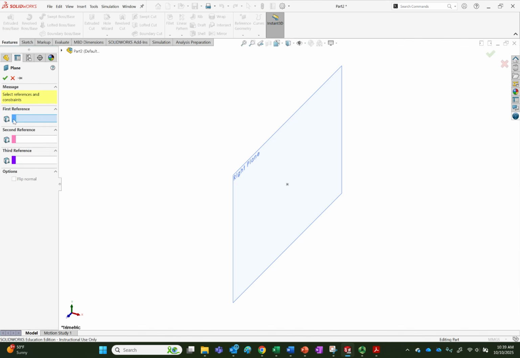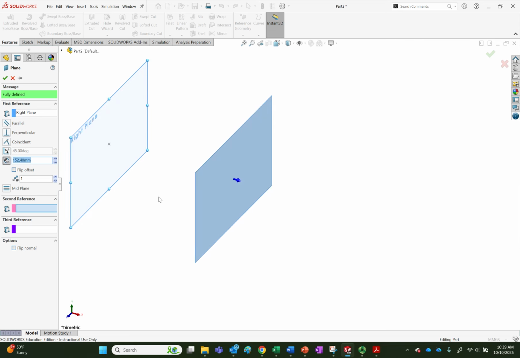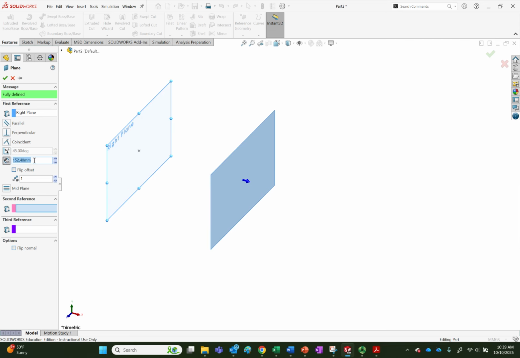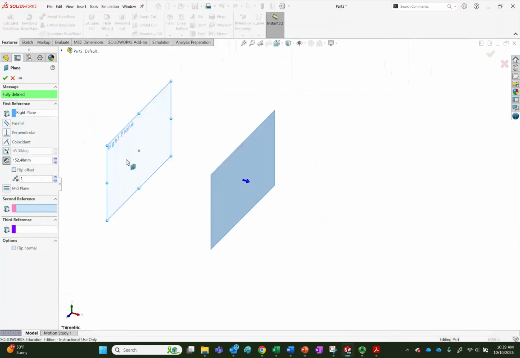All right, so we have a bunch of different methods to make a plane. I'm going to click on this guy, and the method that comes up is going to be an offset. So looking back over here, we had 400. So I'm going to make 400 millimeters my offset, so I can get to the center of the